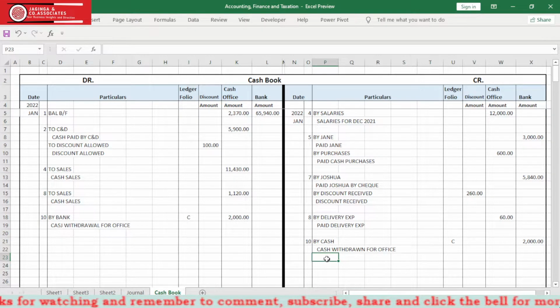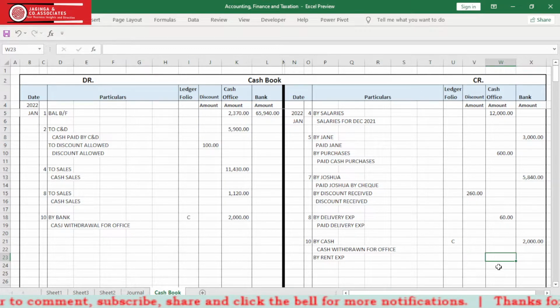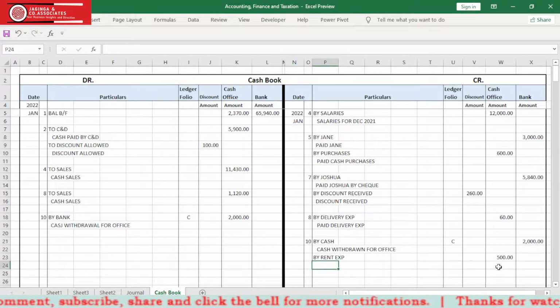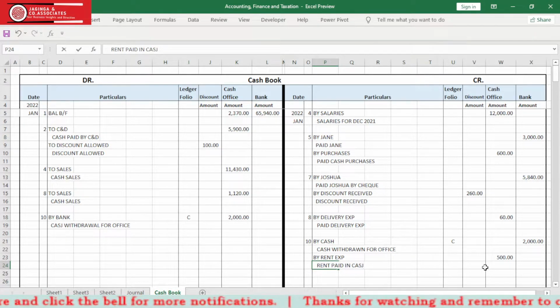So here on the same date we'll say by rent expense. Rent was paid in cash, so here we write 500, and then here we said rent paid in cash. Okay,